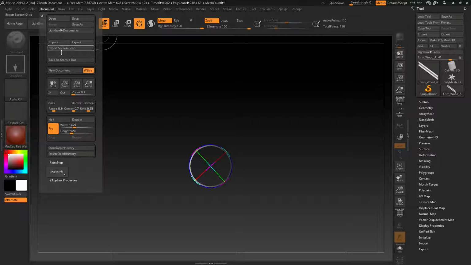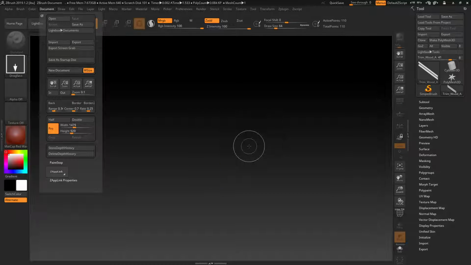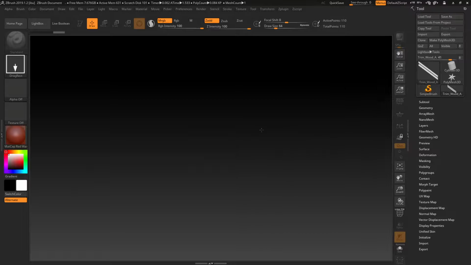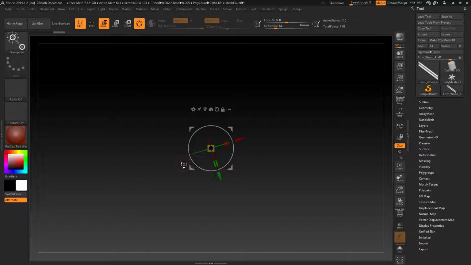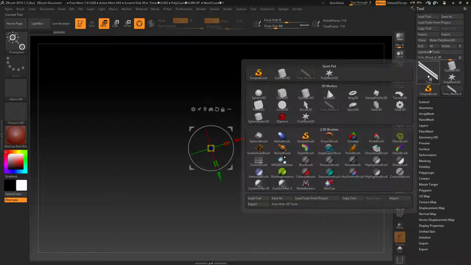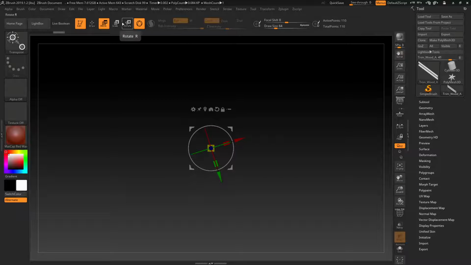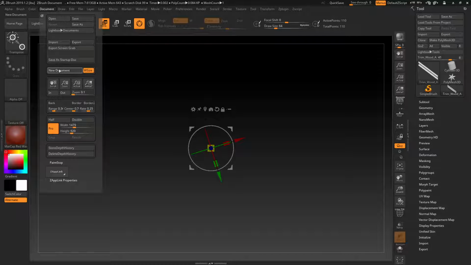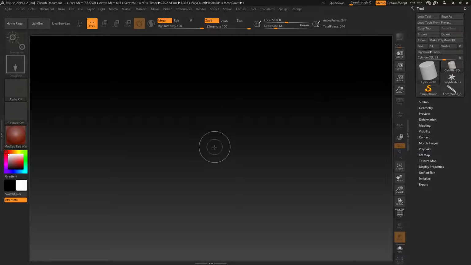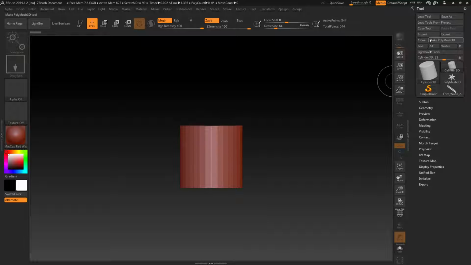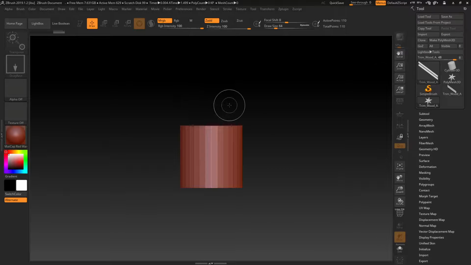Let's actually make a new document. I'm not seeing it. What if we do it in this new document? This one works. Now if you replace it with